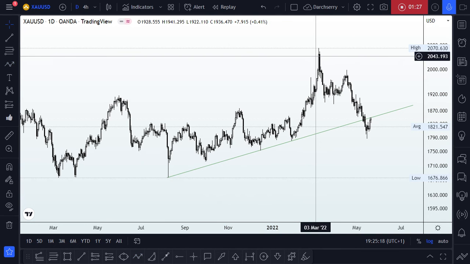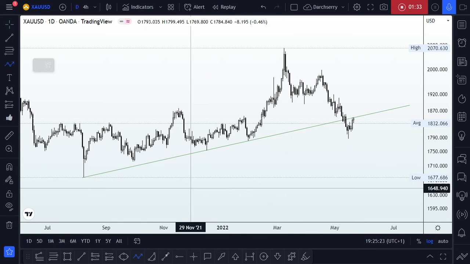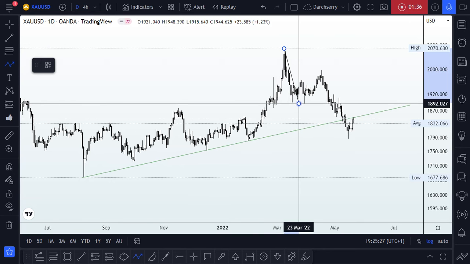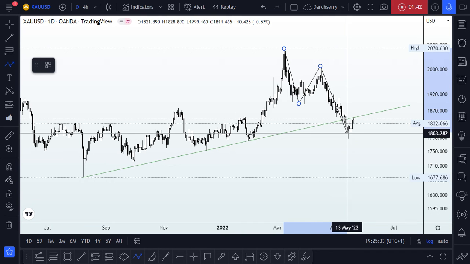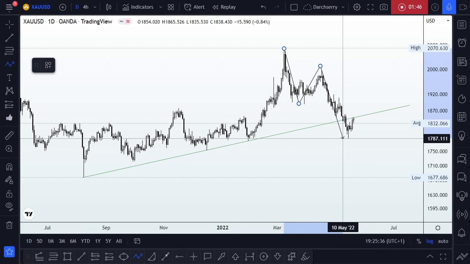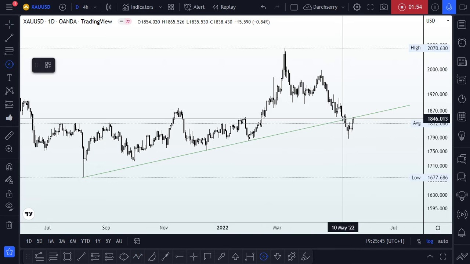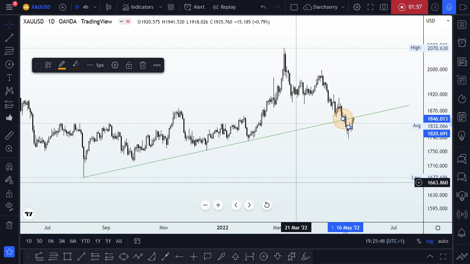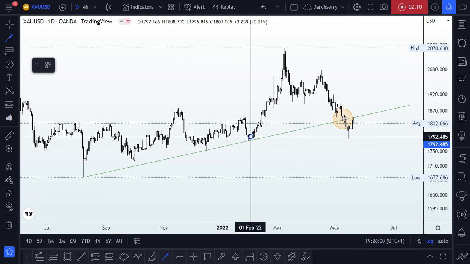However, since price hit 2070, sometime at the beginning of March, we began to see a lower high, lower low, and lower high, which sent price spiraling down into an area around 1790 later on this month. However, the breakdown of that bullish trend line is what we really need to take into consideration at this point. The first thing we observe is that we have an impulse leg that ran through to